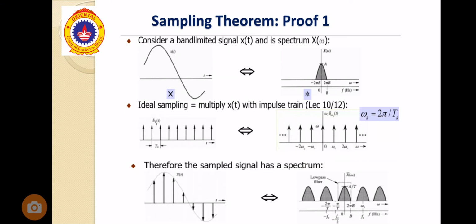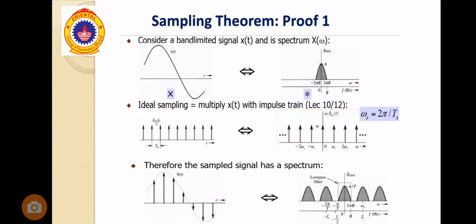We have read the convolution property. The multiplication in the time domain is equal to the convolution in the frequency domain. As we all know, the Fourier transform of a train of impulses is again a train of impulses. So the time domain is multiplied, the frequency domain is convolved, so the frequency domain of x(t) is shifted onto the train of impulses. We can see at the last diagram that